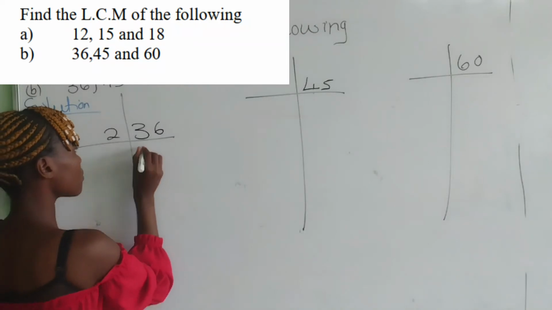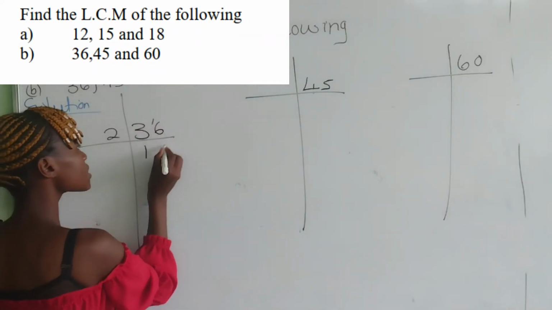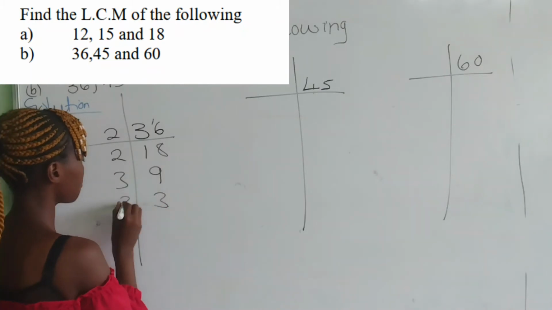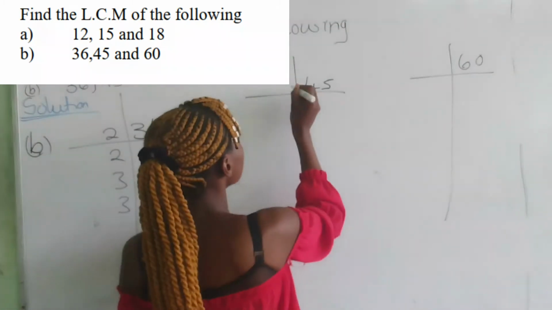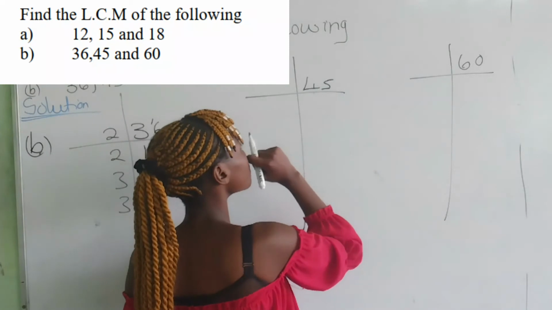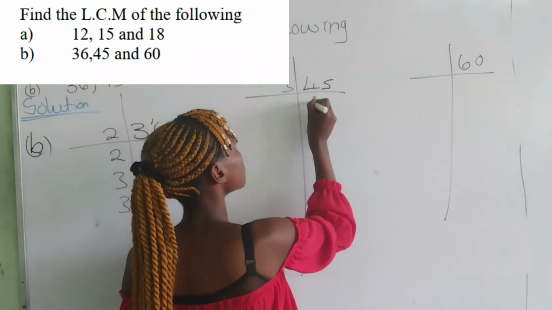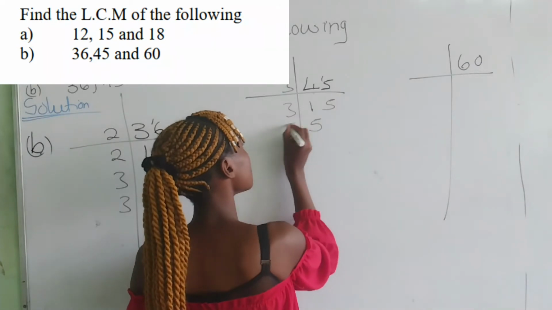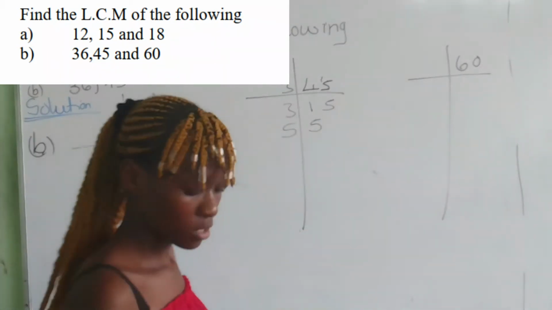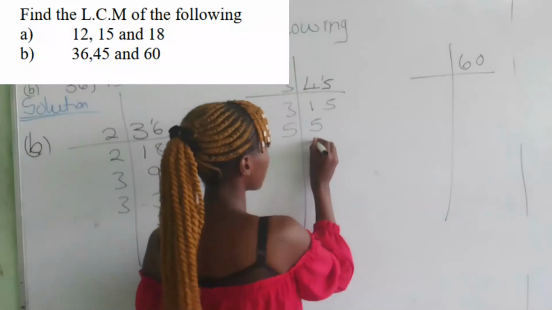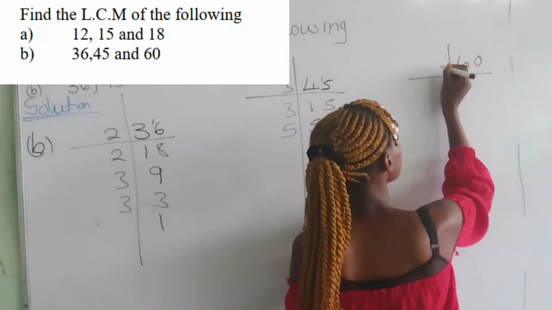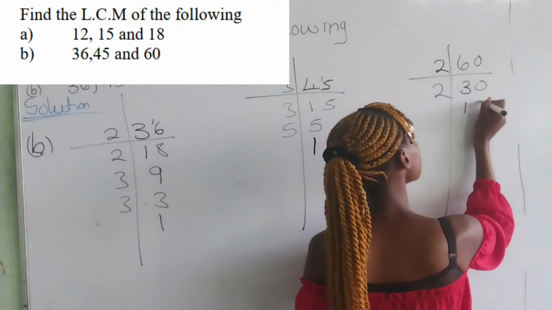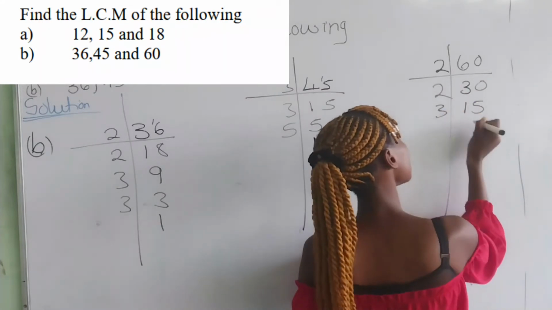Two into 3, 1, 2 into 6, 8, 2, 9, 3, 3, 1. 2 cannot get into that with the remainder 3. 1, 5, 3, 5, 1. 2, 30, 2, 15, 3, 5,